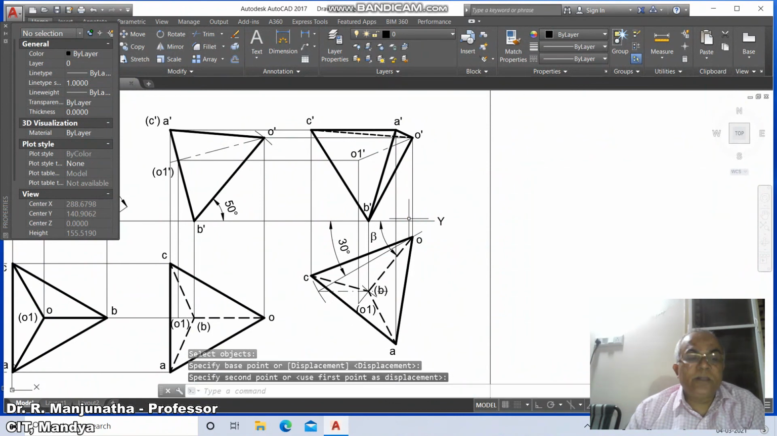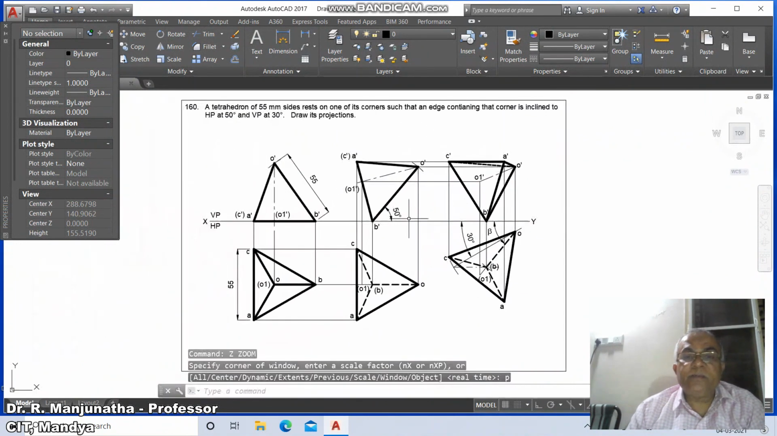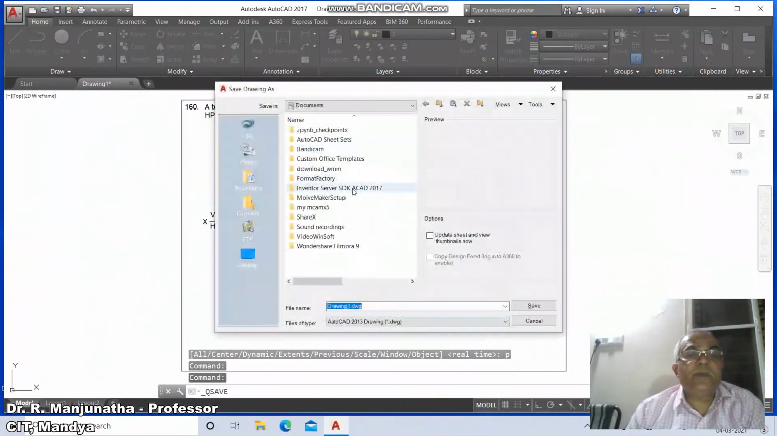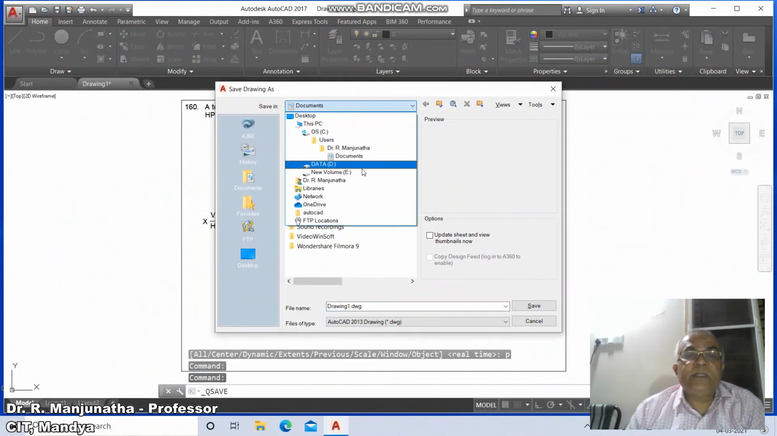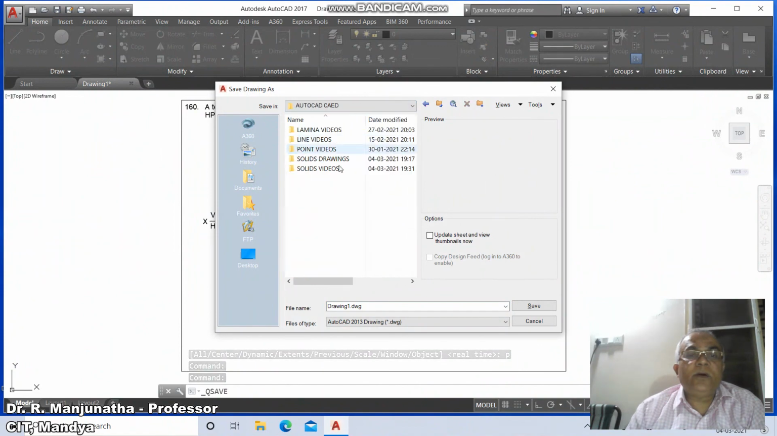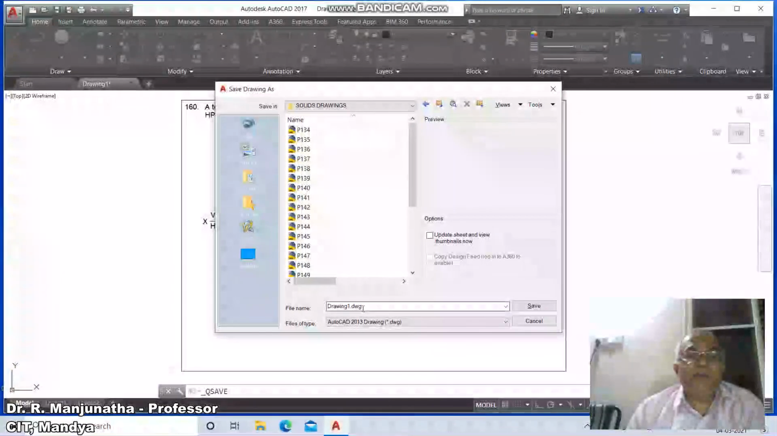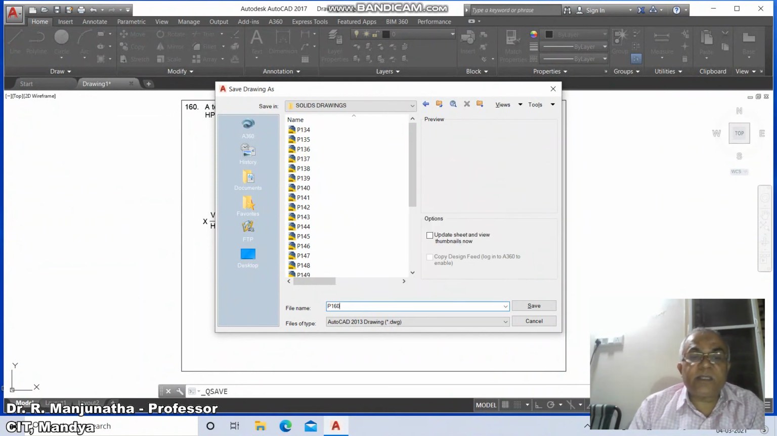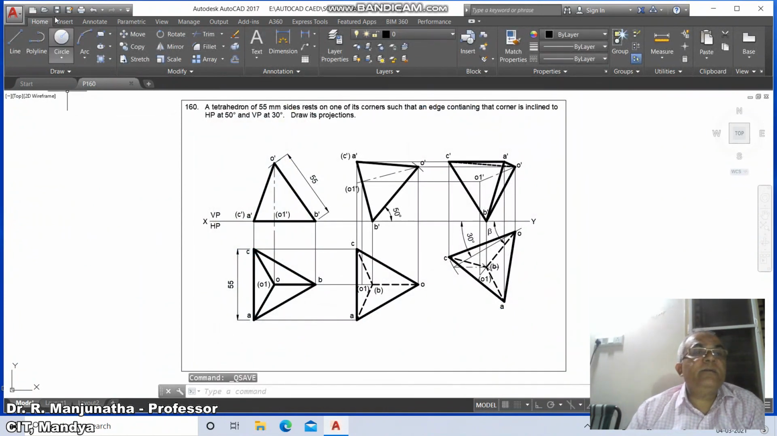Once you do this, then go to zoom previous, then go to exit this, then go to save, go to appropriate drive, go to E AutoCAD, go to solid drawings, and type P160 and say save, and then save it, and finally exit the